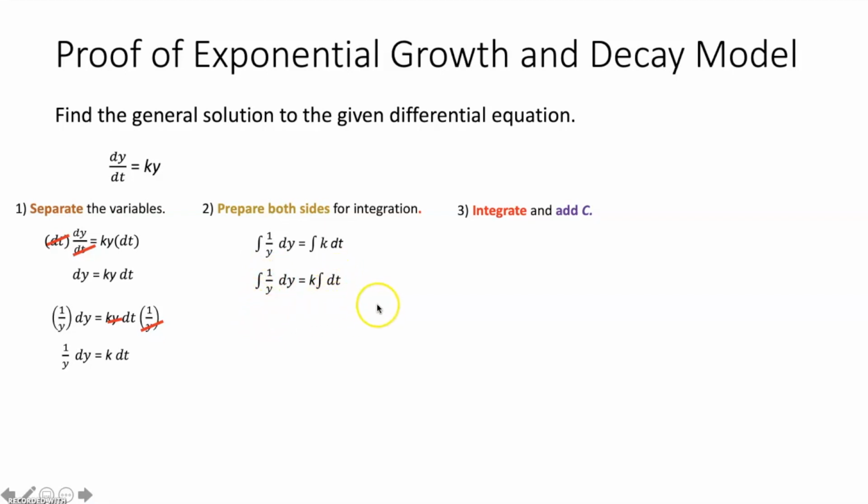Distribute the k to the t and to the c, but k times a constant is still just going to be a constant, so we just leave that c. Now both sides technically have a c, but when you subtract that c that's over here to this side, we end up getting a constant minus a constant, which is still just one constant.